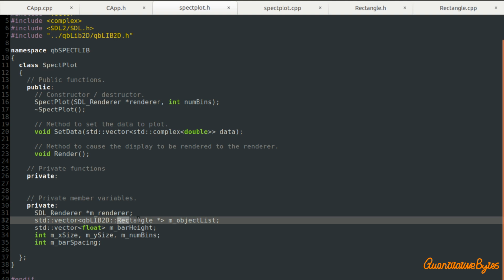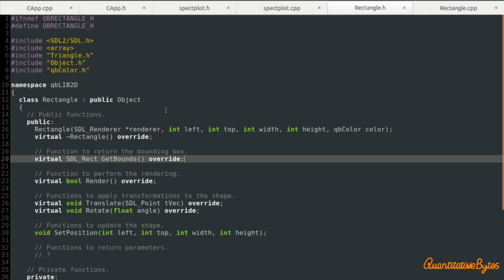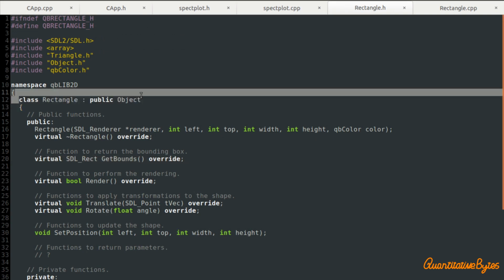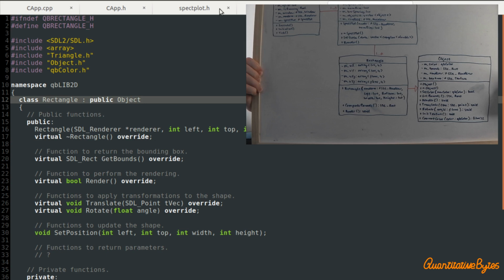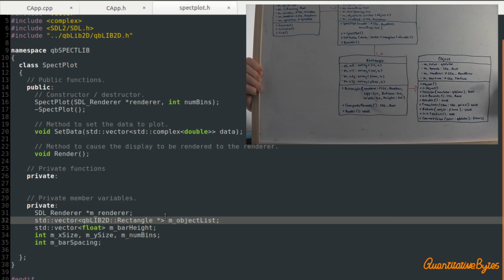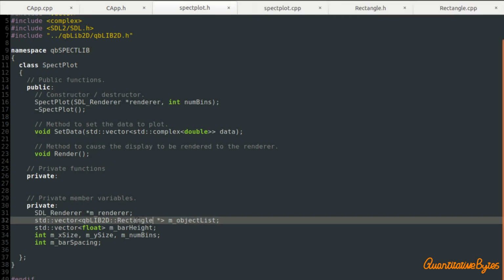Now, in the previous video, I actually had this as object, and object, of course, is the base class for rectangle. If you look at the class definition for rectangle from the 2D primitives library, it inherits from object, and object is therefore the base class. The reason you might make a list of pointers to base class instances is that it allows you to create a single array that contains pointers to any derived class from that base class, which is very